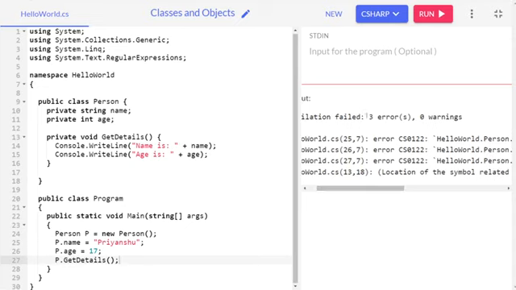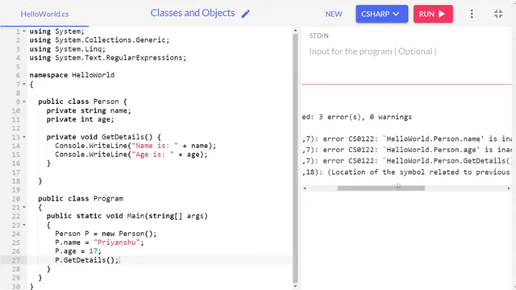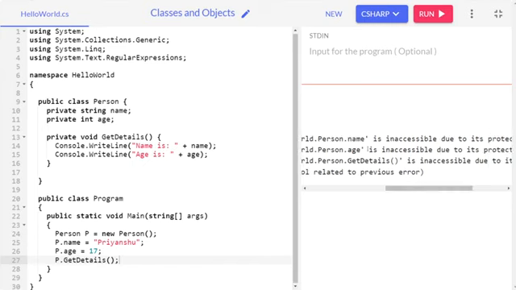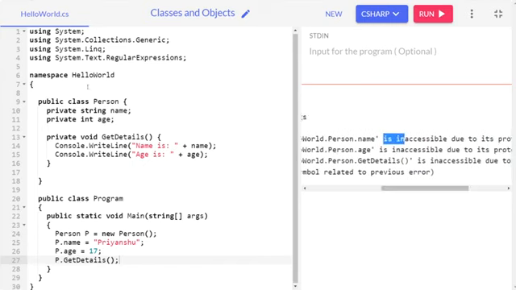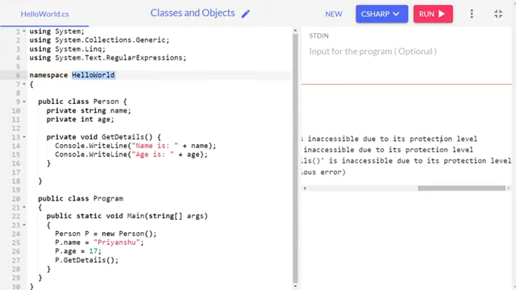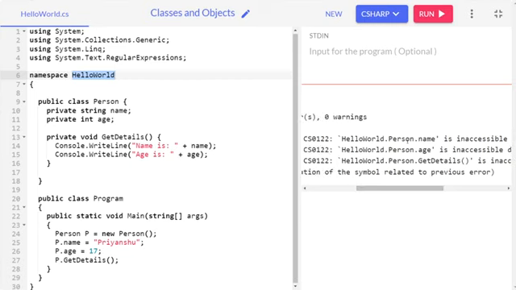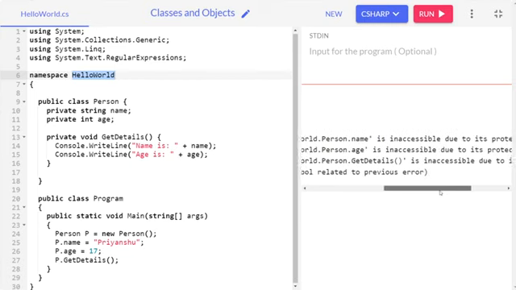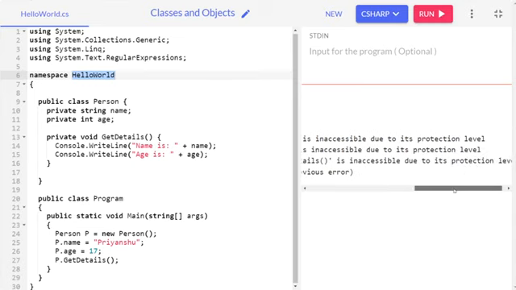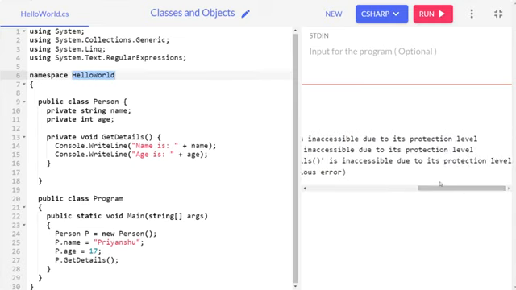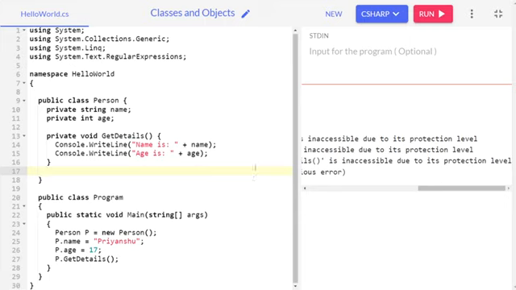Here you can see there are 3 errors. Person.name is inaccessible due to its protection level. Another is Person.age is inaccessible due to its protection level. The same goes for Person.GetDetails, it is inaccessible due to its protection level. So because of the private keyword,